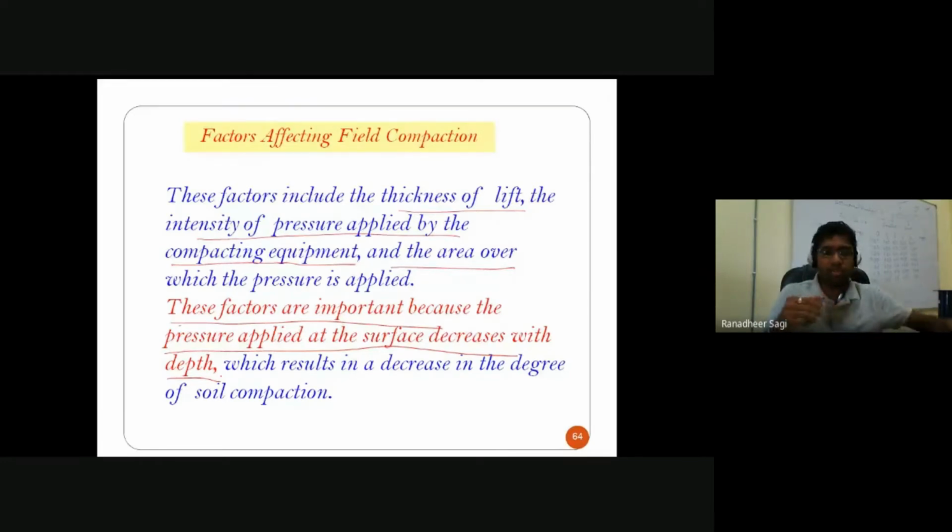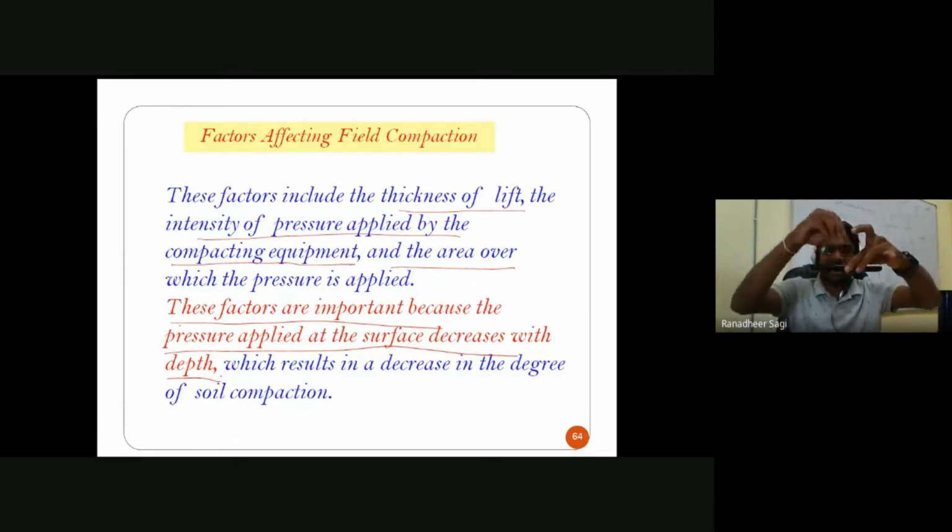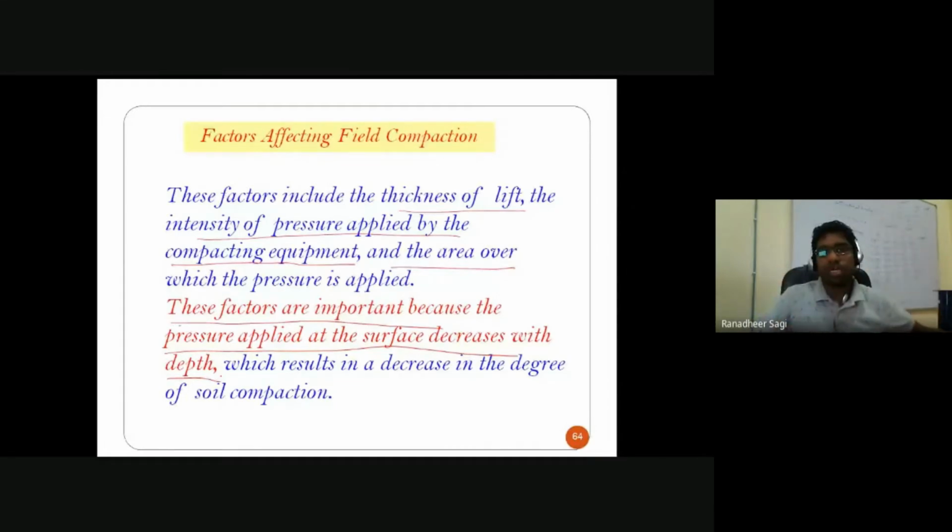So as you move into deeper and deeper depths, the load which initially acted on a smaller area starts getting distributed over a larger area. The same intensity of load acting here over a small area now gets distributed over a larger area as you move deeper. As the area over which the load is distributed increases, the intensity of the pressure distribution, or the intensity of the stress you induce into the soil at deeper depths, starts decreasing.